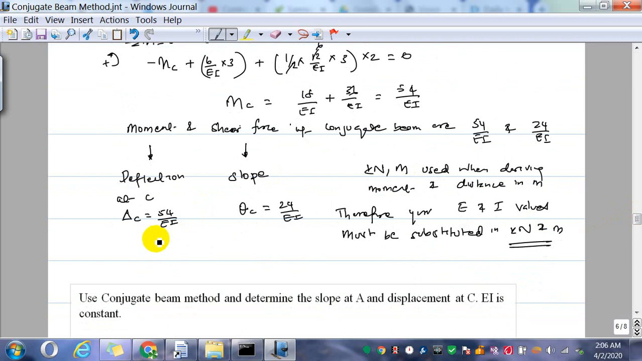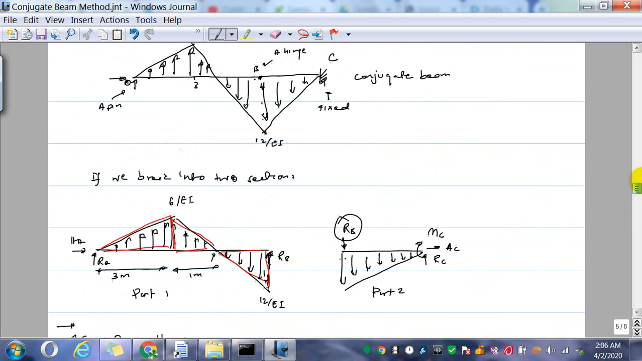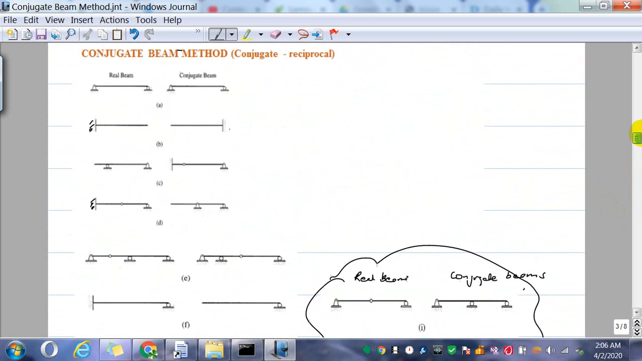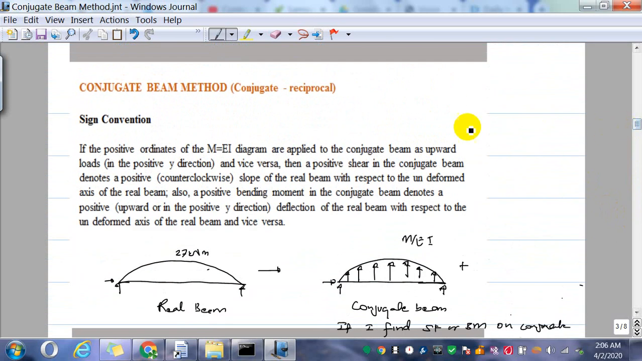So we got two answers for the deflection and the slope in terms of EI, but I think we have not used the sign convention to indicate whether this deflection is upward or downward, or the rotation is clockwise or counterclockwise. So before I start doing the next problem, I'll take you to the slide where we discussed the